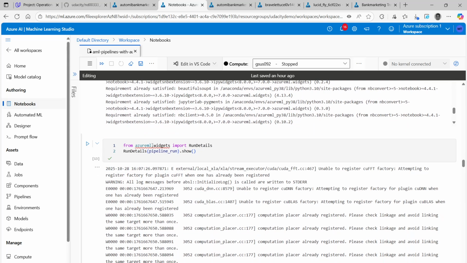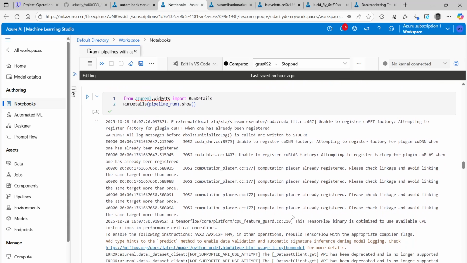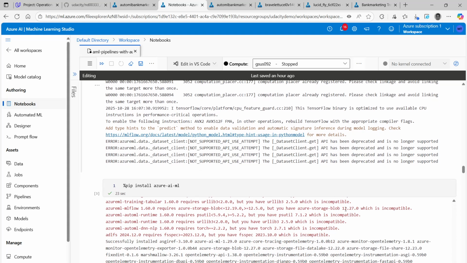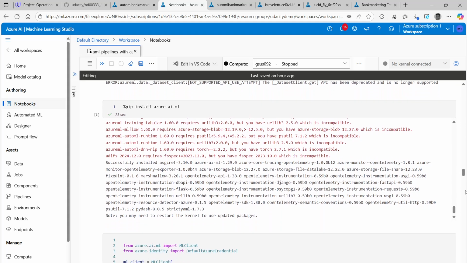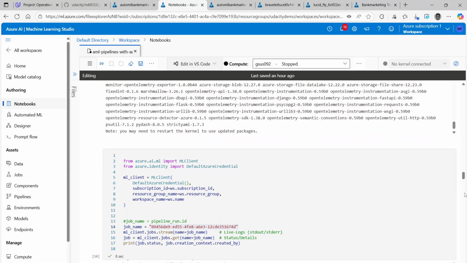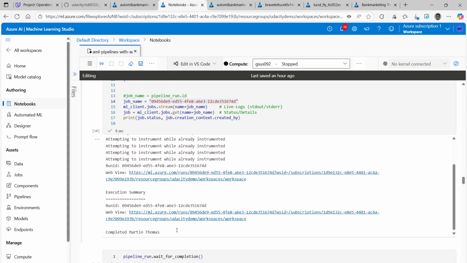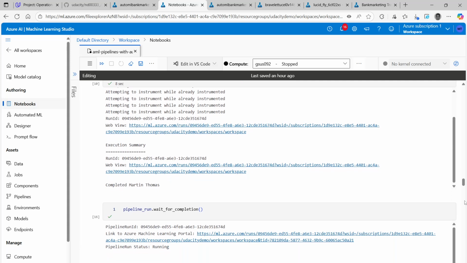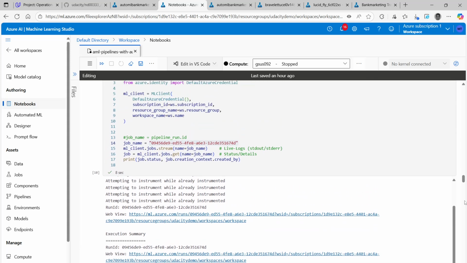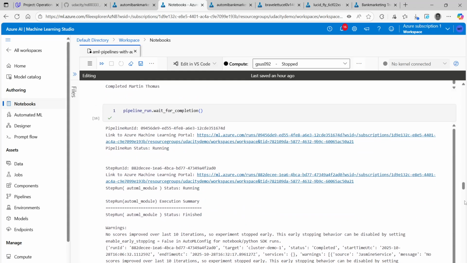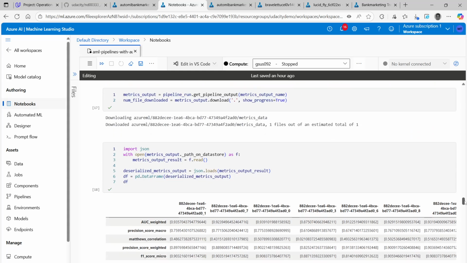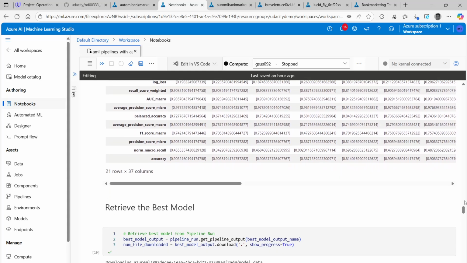This Azure ML widgets, that's the deprecated API. You see it here. I was using the Azure AI ML package instead, to generate some job statuses, who was creating that and if it's finished. You can execute it with a run ID, also from this pipeline run you can get the ID. That's all straightforward. So with this notebook, a pipeline is created, and the pipeline endpoint is also created,